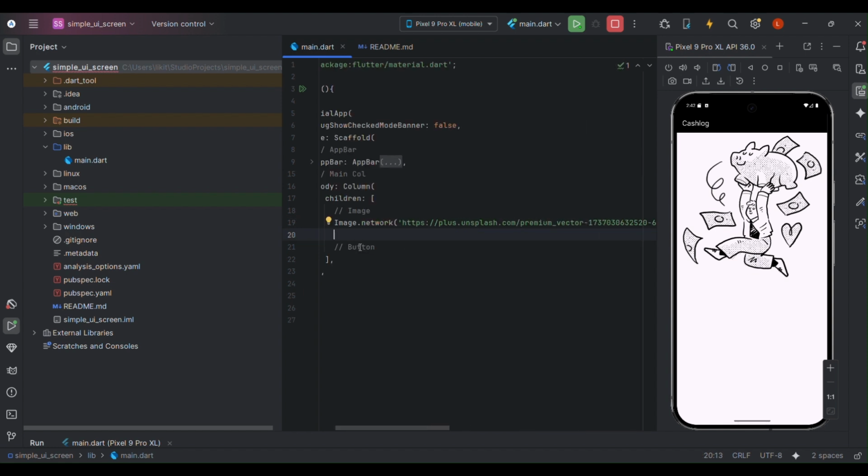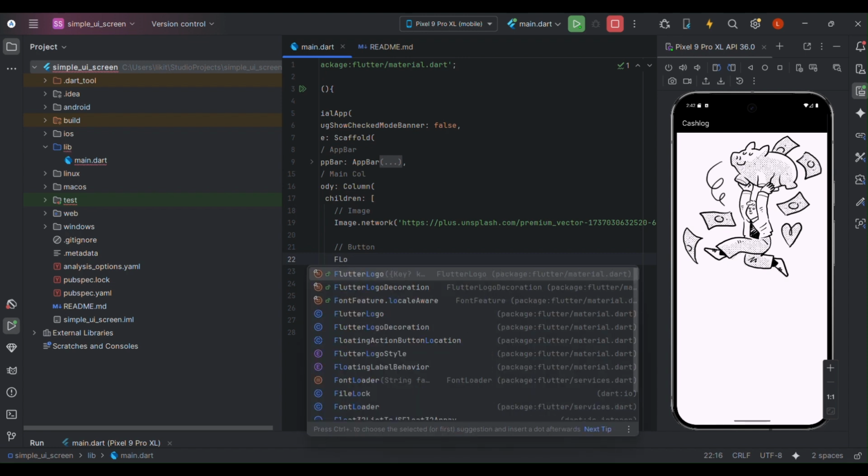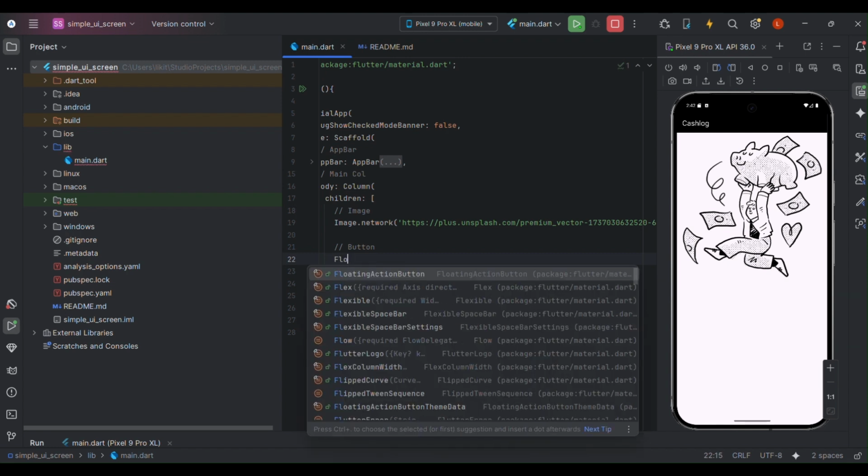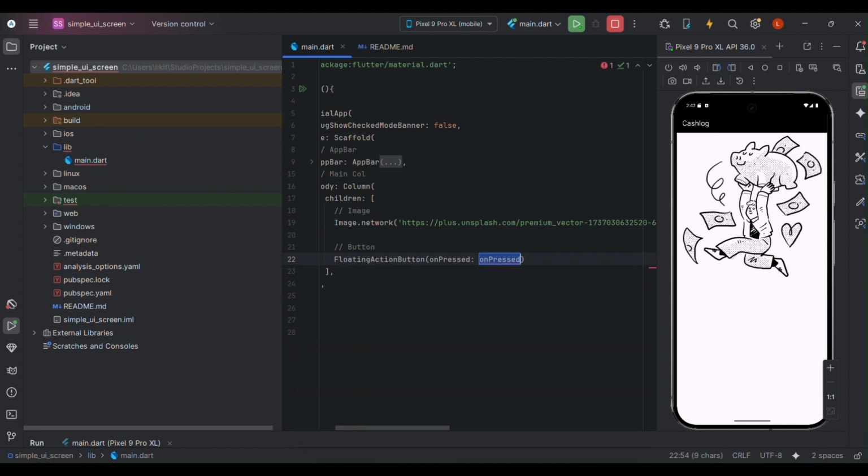The second thing is we wanted this button. So let's go below the button comment and create a button. We have a widget that is a floating button. Just create a floating action button. Inside the onPressed, make sure to create an arrow function. If you have no idea about arrow functions, do check the Dart series that I have created. So inside this,